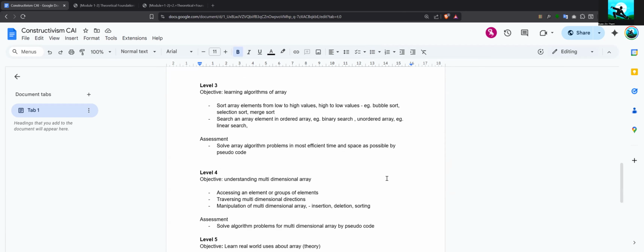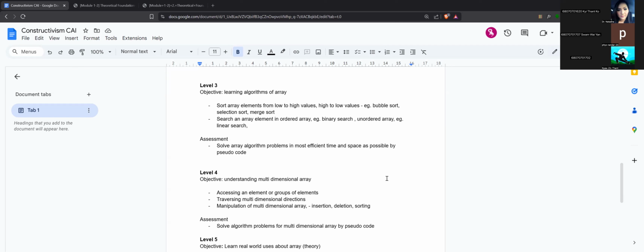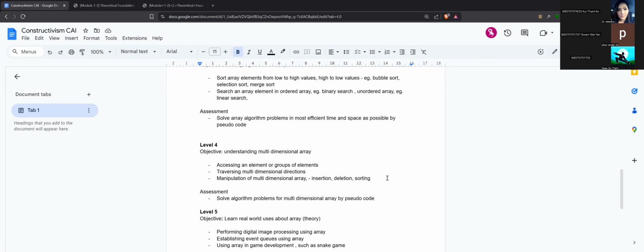For level 3, we will teach some important algorithms of arrays. So there are sorting algorithms and searching algorithms, such as bubble sort, selection sort, merge sort, binary search, and linear search, and there are many sorting and searching algorithms. And we will assess the students to have the most efficient time and space solution, and we will do it